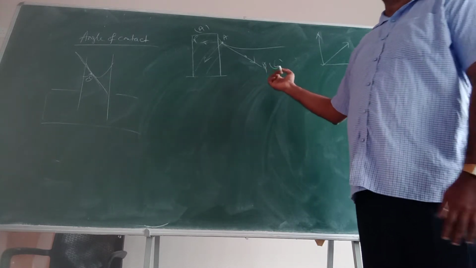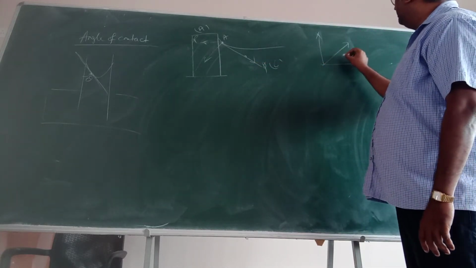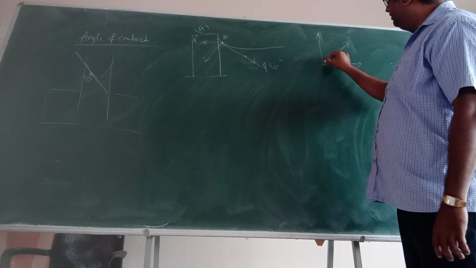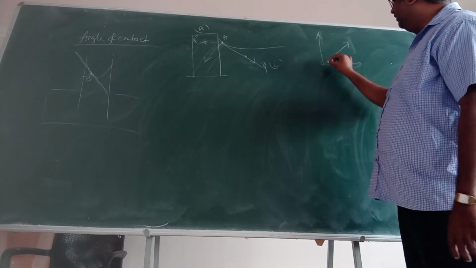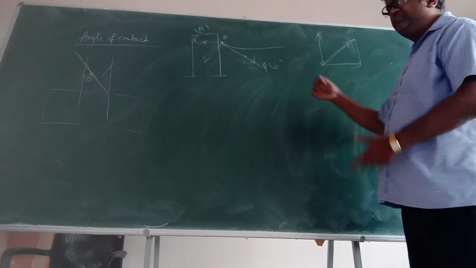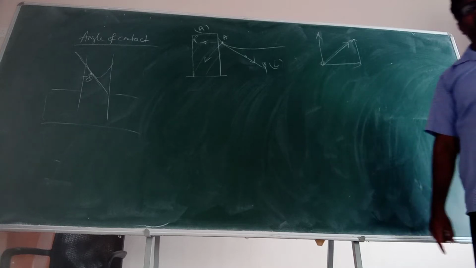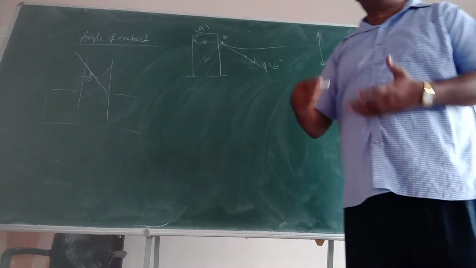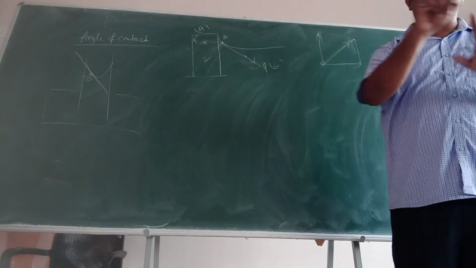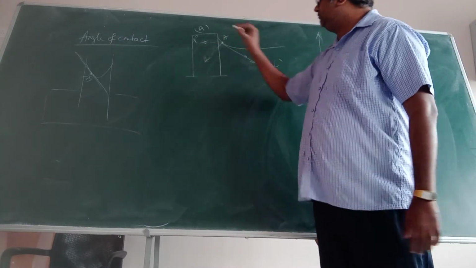You can form the parallelogram law. How? You can take this force, you can take this force, and you have to put the tail here. This is tail, this is head. You need to put the tail on the top of the head. I told you this. And you have to draw the diagonal of the parallelogram. You get the resultant. That is a graphical way of finding the resultant. If you want to calculate it, there is a formula also. Okay. So it is here.